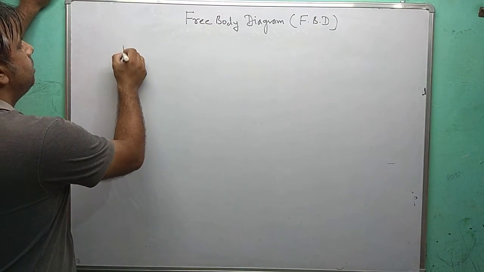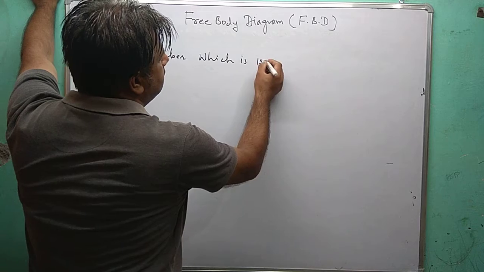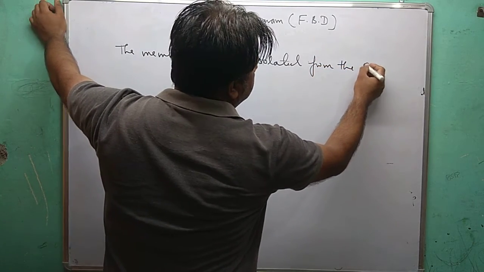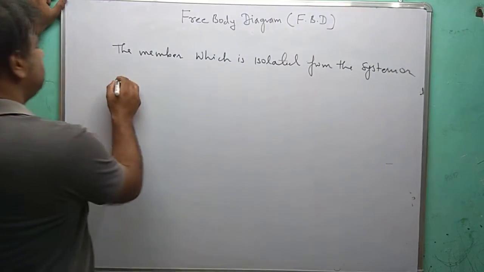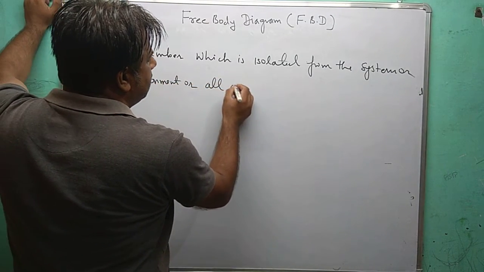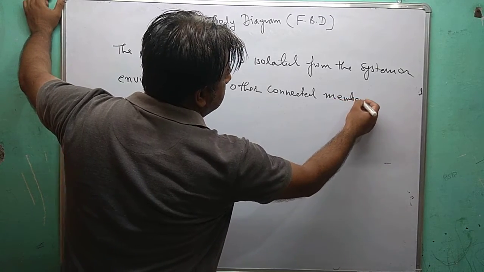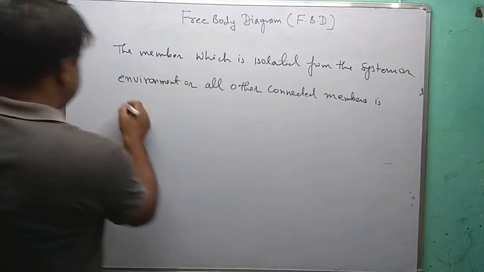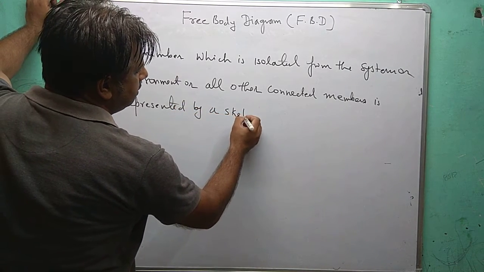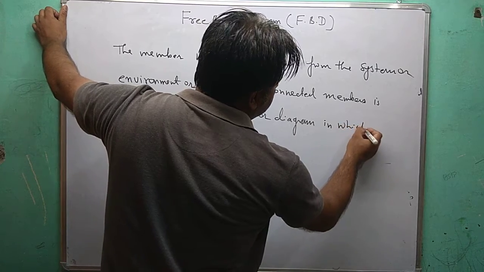The member which is isolated from the system or environment, or all other connected members, is represented by a sketch or diagram in which we represent